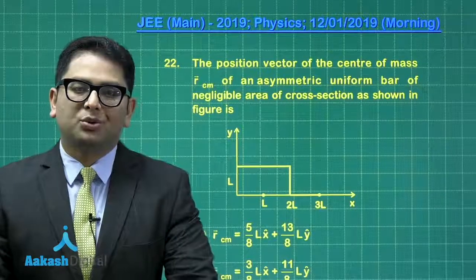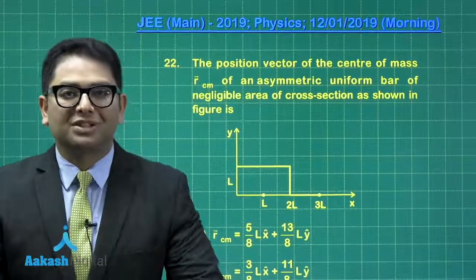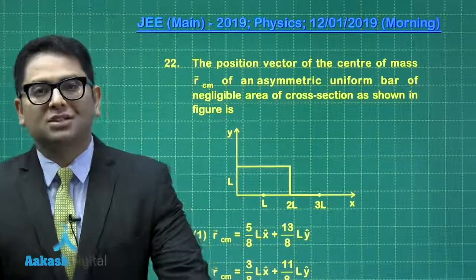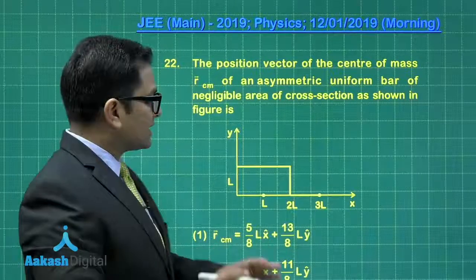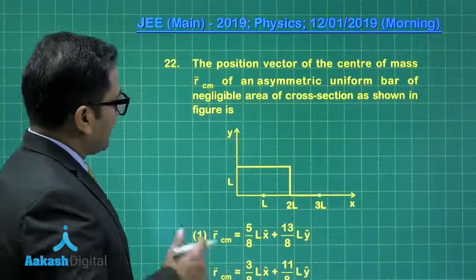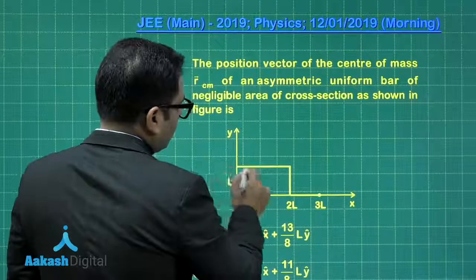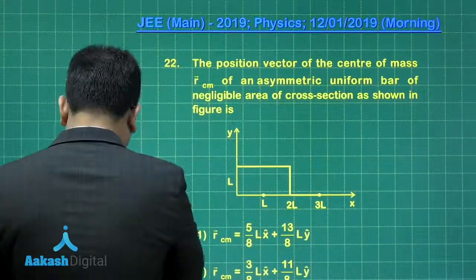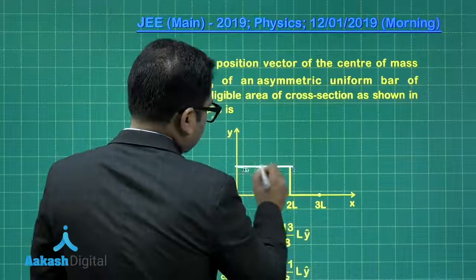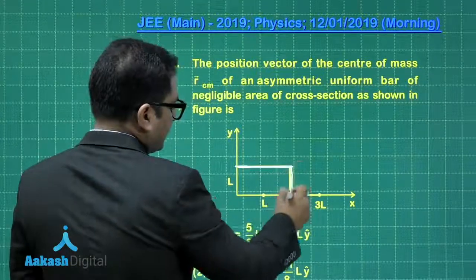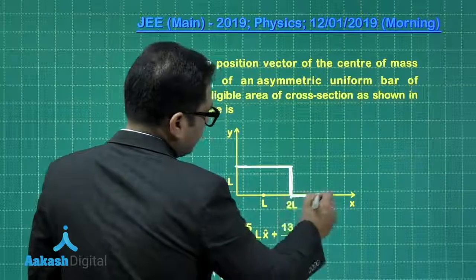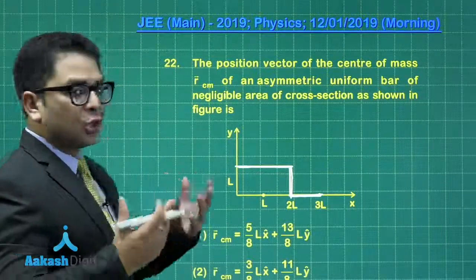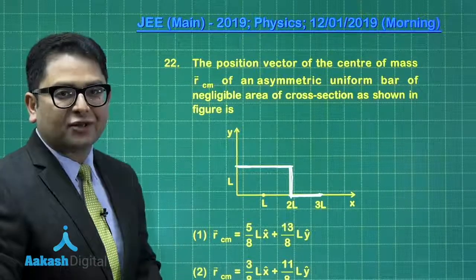Question number 22, a straightforward simple question from center of mass, and we need to calculate the location of center of mass of this given arrangement, and the arrangement is a rod bent asymmetrically in this given way. You could see that this length is 2L, this length is L, and this length is L. So for this given arrangement of the rod, we need to locate the position of the center of mass, and